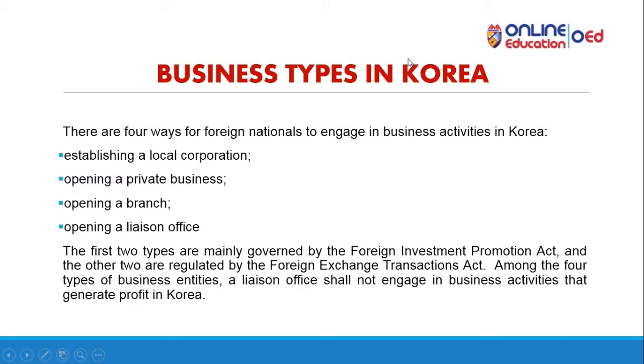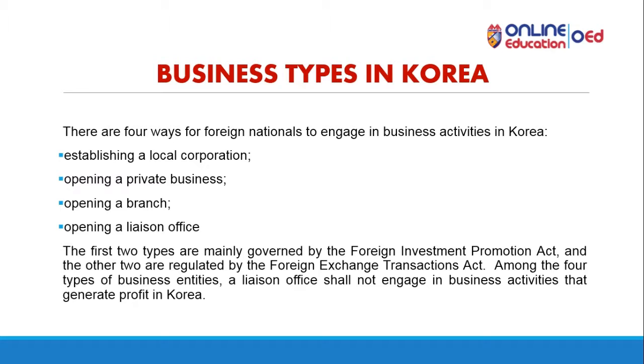Alright, so we are also going to discuss the business types in Korea. We are going to explore the business types that exist in Korea. We also have four types, or four ways, for foreign nationals to engage in business activities in Korea. In Canada, we have sole proprietorship, partnership, corporation, and cooperative, which are also the four common business structures